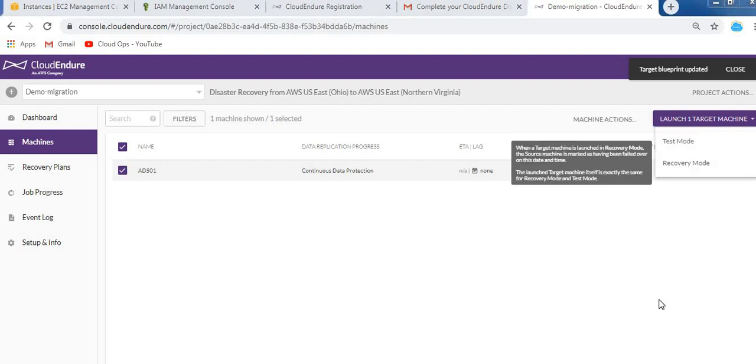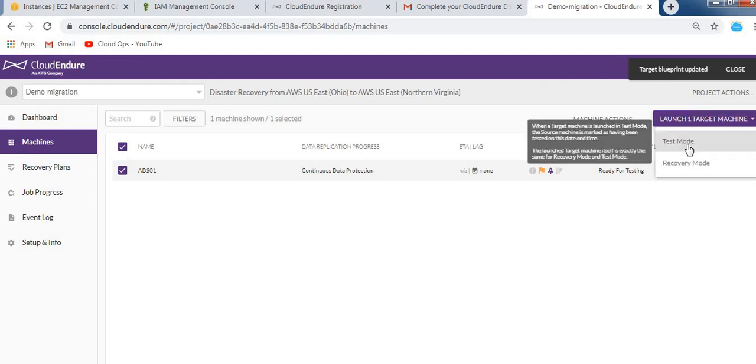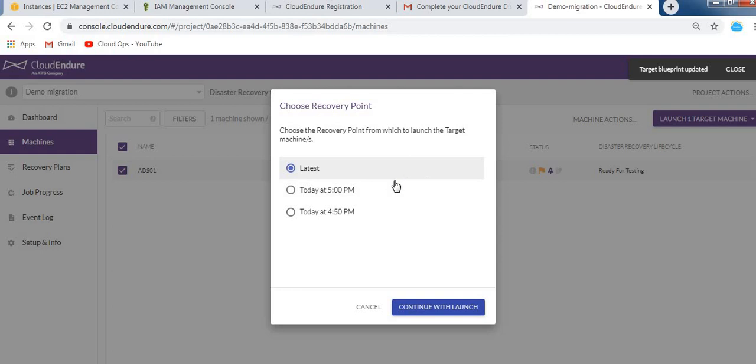For starting test mode, you need to ensure this icon is visible. Yes, it's visible. Select the machine which you want to replicate, click on test mode, click on next. Here are the recovery points. As I told you earlier, this can also be used in disaster recovery processes.